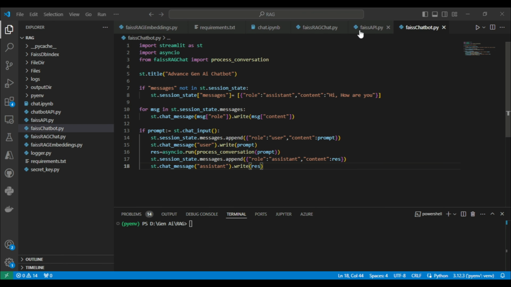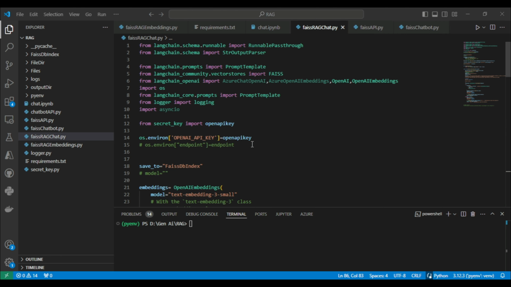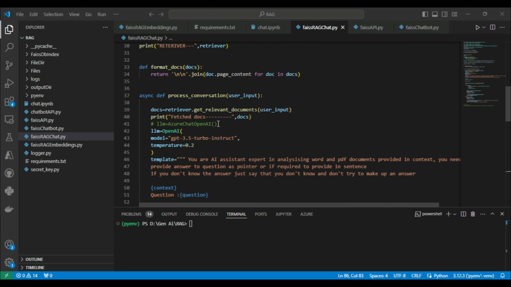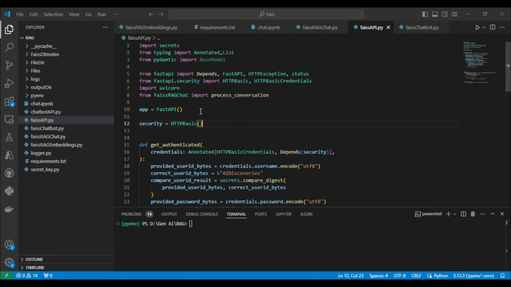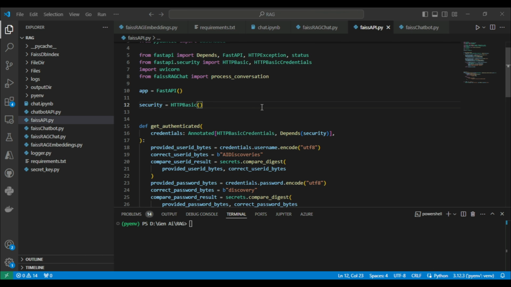Here we are using this class, and we are importing it into our API. After importing from this file, we are importing this function. Once we are done with the basic authentication, we will be passing our query parameters to this function and fetching the response. So the first step is to start with